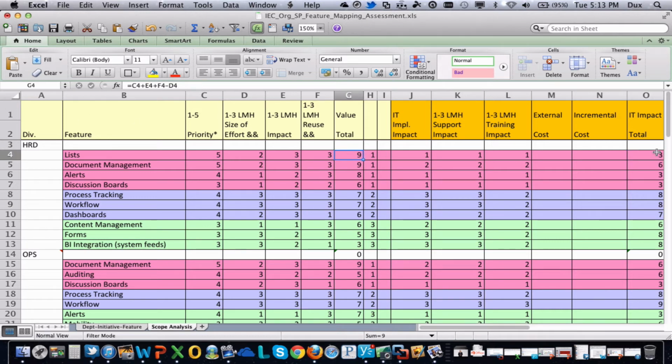So now you can look at this and say, well, it's high value for HR, it's a 9, but since it's a 3 for IT, we don't have the budget for this fiscal year to do this. Y'all follow me? This is a great way to get the business and IT on the same page. The way you're going to do it, the way you can't do it. And then the business might say, no, it's very important because we can help save so much time and effort and